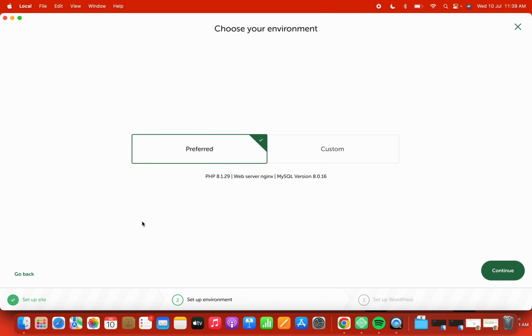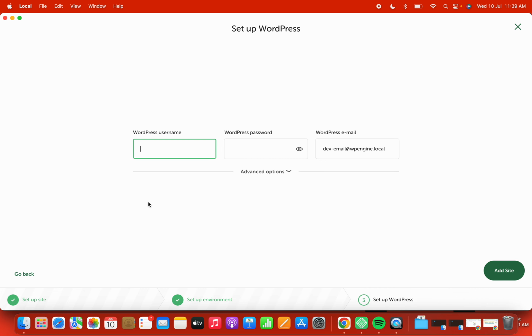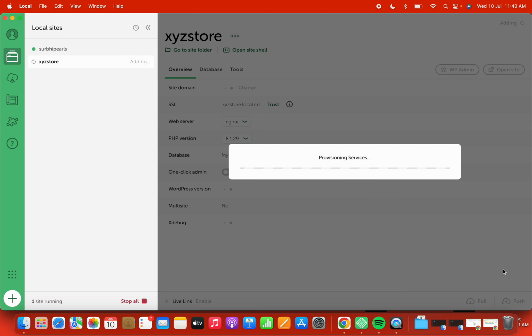and continue. Choose preferred, continue, and you have to put one username and password. For instance, I'm just putting XYZ store 90, and click on add site,